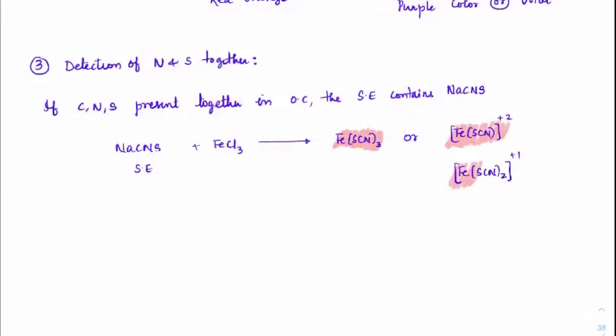This also confirms, in inorganic chemistry, the presence of Fe3+. If there is Fe3+, just to confirm that, we react it with sodium thiocyanate, SCN, and that will form a blood red coloration. So this is a deep blood red coloration.